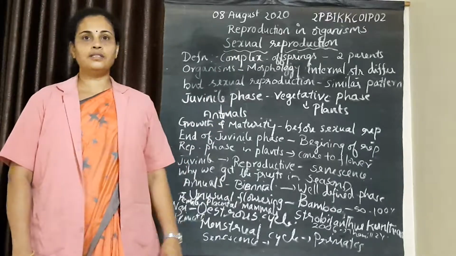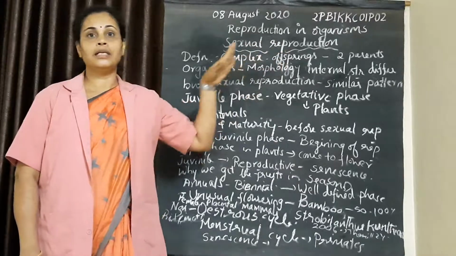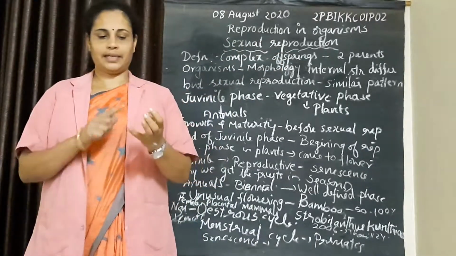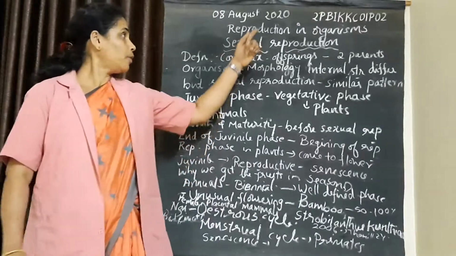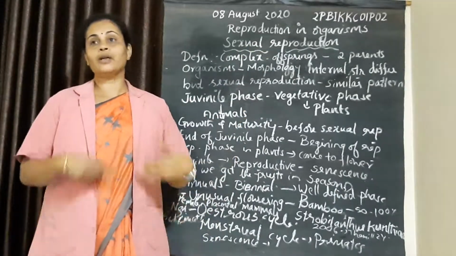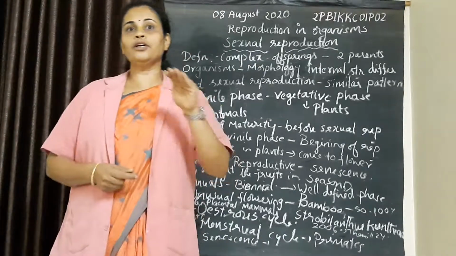Good morning, students. This is the first chapter, Reproduction in Organisms, in second PUC. You have already learnt about lifespan, reproduction and other types. Reproduction is a biological process where offspring are produced by the parent which are identical to itself